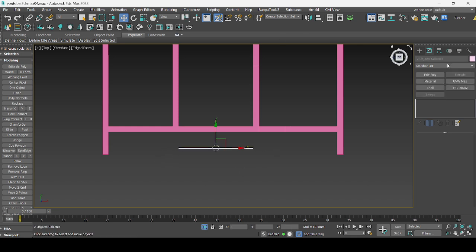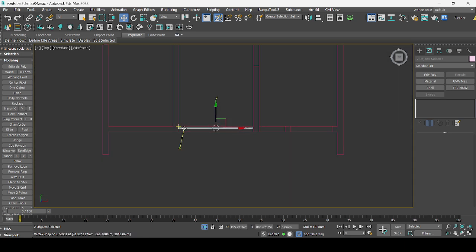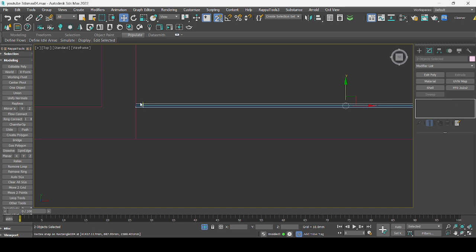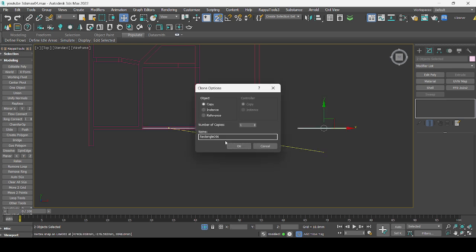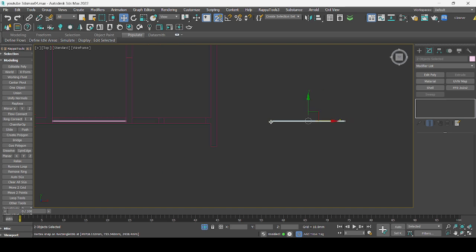Now we will select and we will snap it. Okay, it's totally up to you. You can make it at the center of the geometry or wherever you want to put it. Now I will use the same window for all the windows I'm having right now, or even the door. So I will just take a copy of it, because the dimensions of my windows are different, so it will be easier for me to